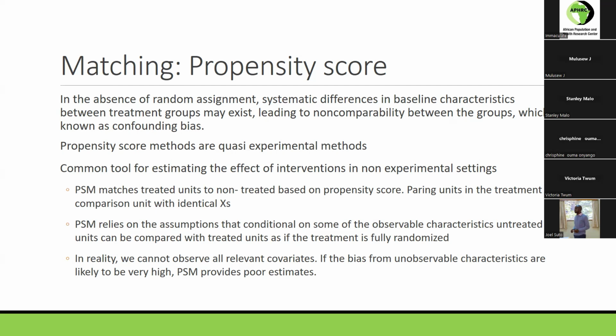The bias could be from unobserved measures, unobserved data, unobserved characteristics. In that case, propensity score matching may provide a very poor estimate. The strongest assumption to check, even before you rush to use propensity score matching, is that you have a set of observable characteristics that could influence both the treated and control groups. But if you think the program could be affected by unobserved characteristics, it's better not to use propensity score matching and go for another